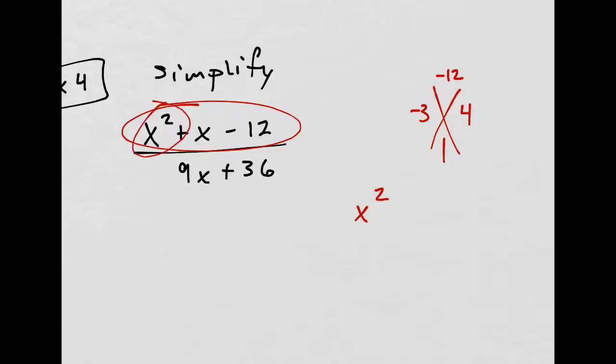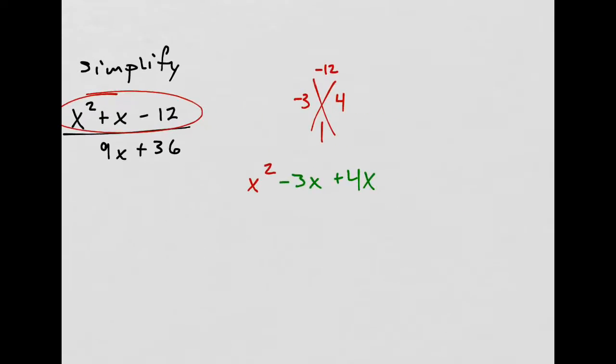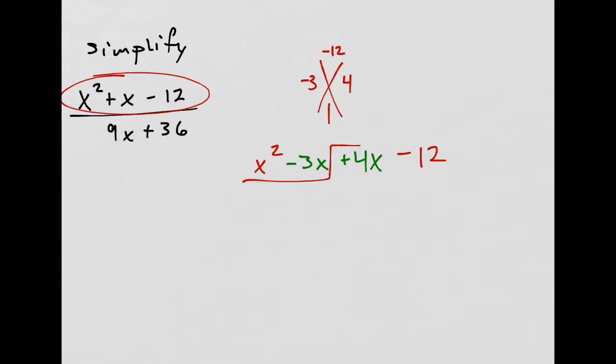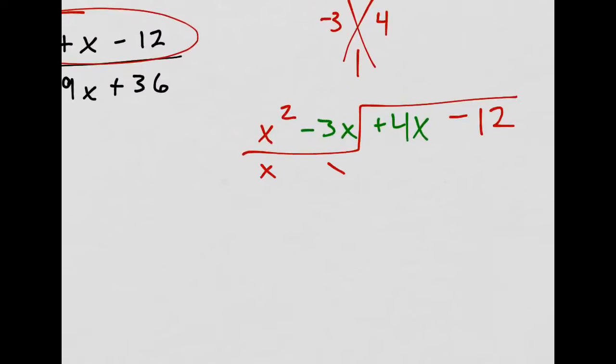So I write down x squared. Instead of writing 1x or just x, I write down negative 3x, that's from here, and 4x. I replaced this 1x with negative 3 plus 4, because that's 1, and I tacked an x on to each of them. And then minus 12. And I separate, divided by x on this one. That would give me x, and what is this? x